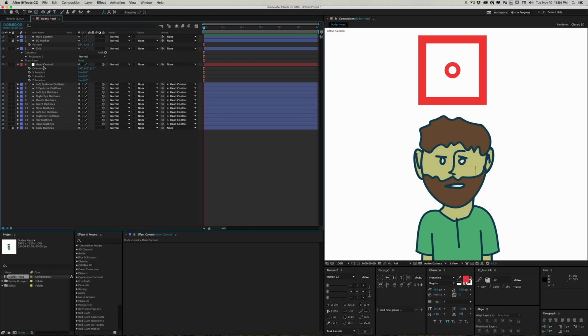So let's go ahead and do some optimization. The first thing we want to do is create some controls, and that is going to be some sliders. A cool little thing in After Effects is expression controls, which are literally meant to help control your expressions. So if we go onto our main control layer, let's grab just 3 sliders